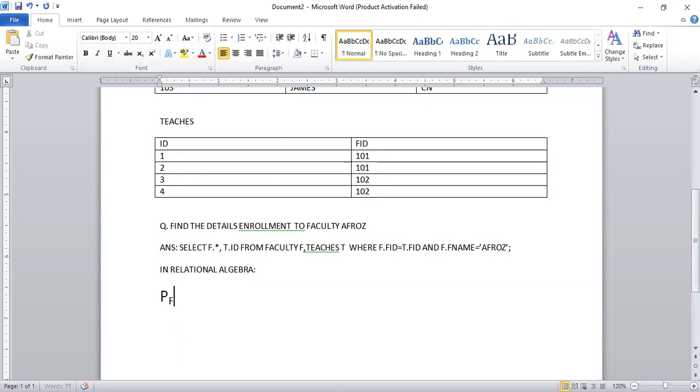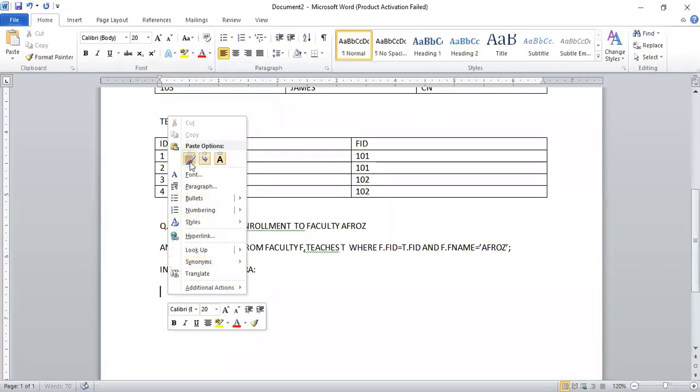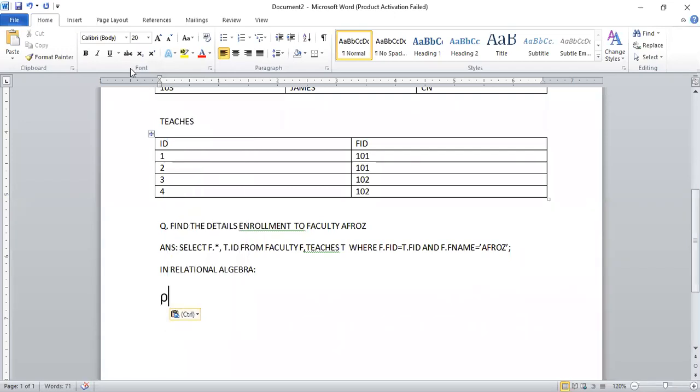Sorry. This is not changing. Wait, I need to give a space. This is the rho operator. Next I'm changing to F. Renaming is not working; I'm giving a space here because the first letter is immediately changing. Control V, rho operator.